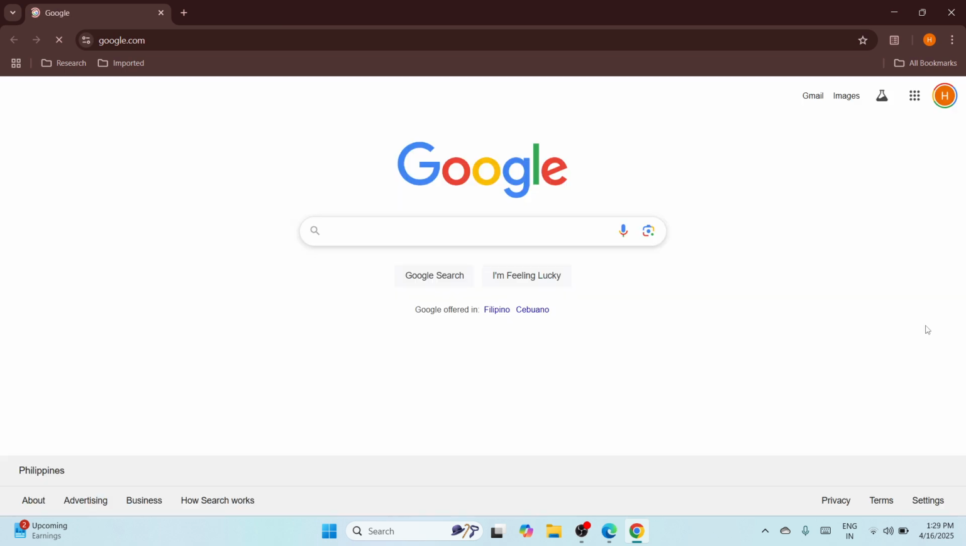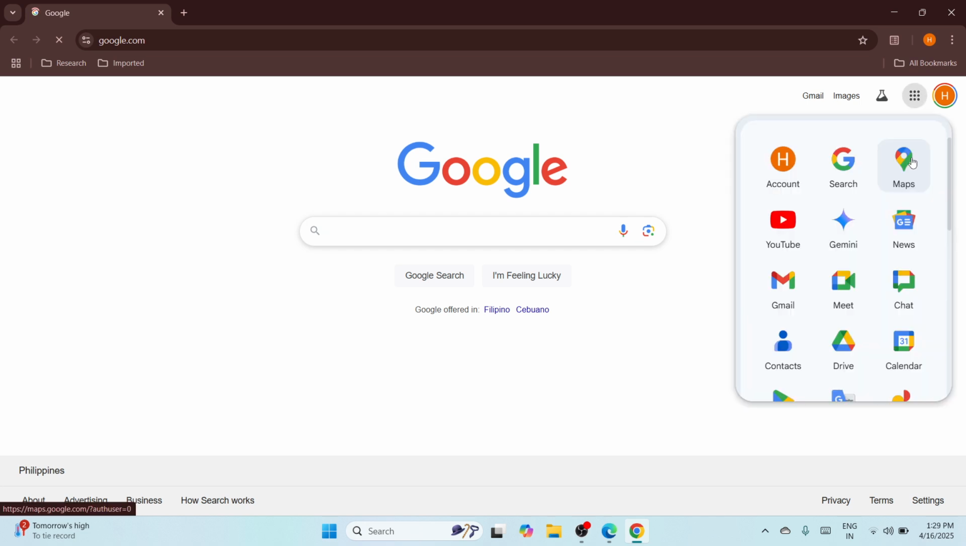Now, the moment you are being redirected to the Google Chrome browser, you need to proceed at the upper right side of that, where you can see Gmail, images, the apps icon, and the user icon. You need to proceed with the apps icon to see all of the Google apps and proceed with Maps, okay? The moment you've located it, tap it and wait until you are being redirected to this website, which is the